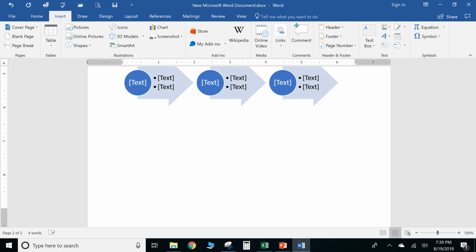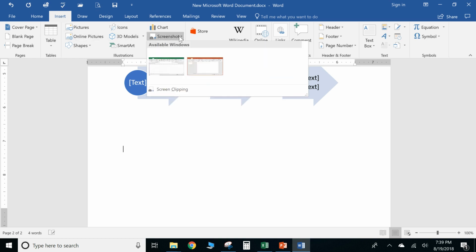Okay, let's enter a screenshot now. All right, so what you're going to want to do is go back to Insert. We're going to do Screenshot. Okay, and let's just choose one of the options that we have. Okay, you can actually choose to take a screenshot. So if we click that option,